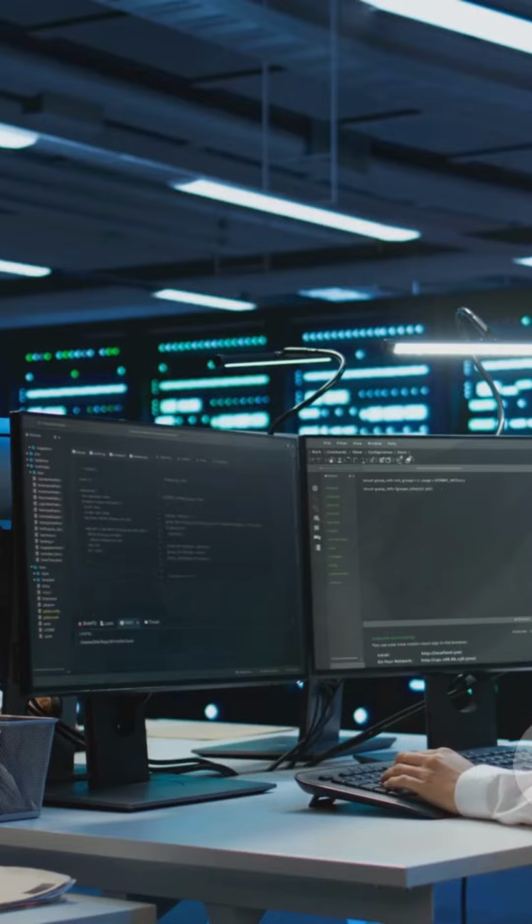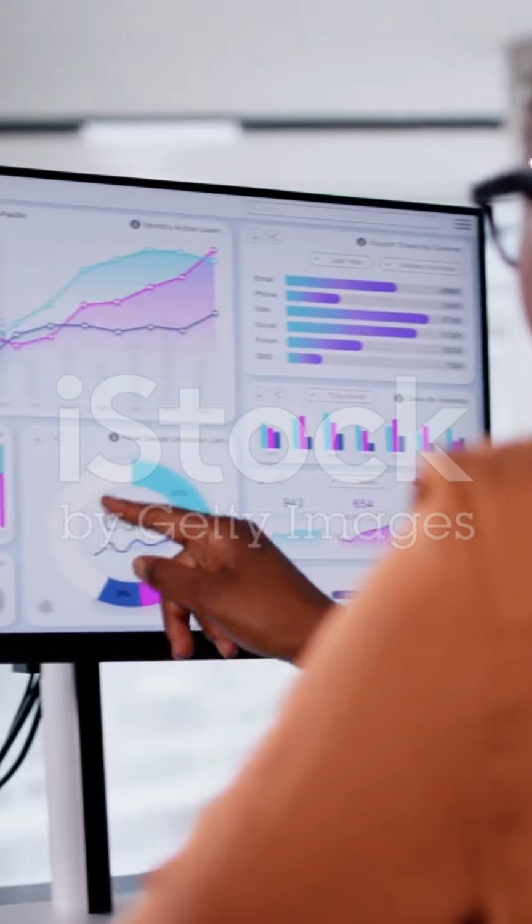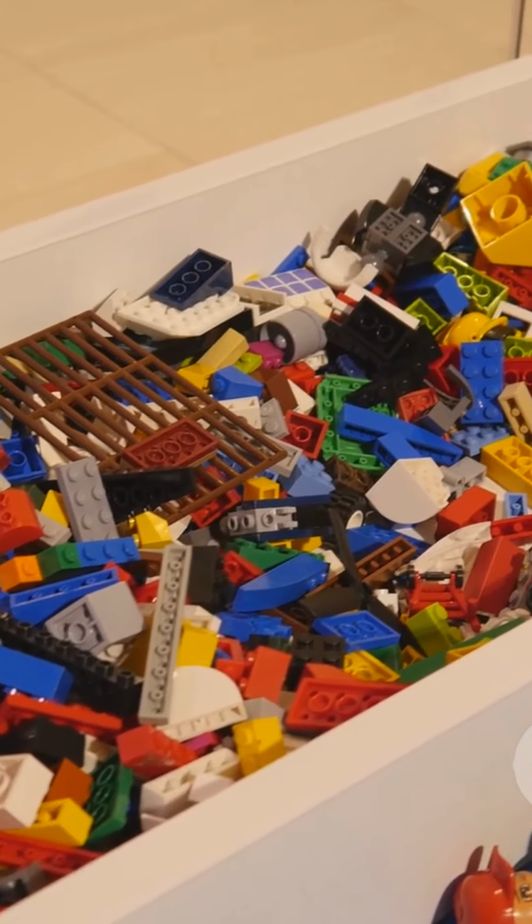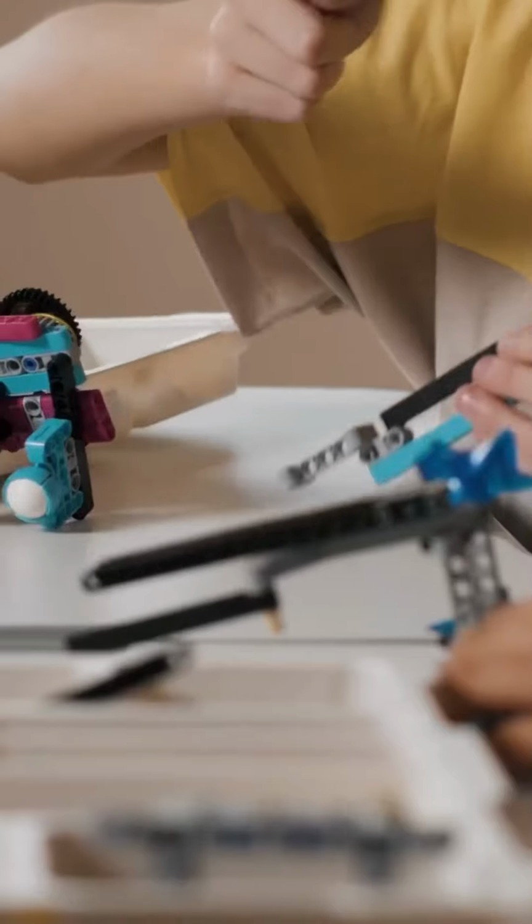Data engineers face a constant challenge. They are given messy, raw data from many different sources. This data is like a giant pile of unsorted Lego bricks. Their job is to sort